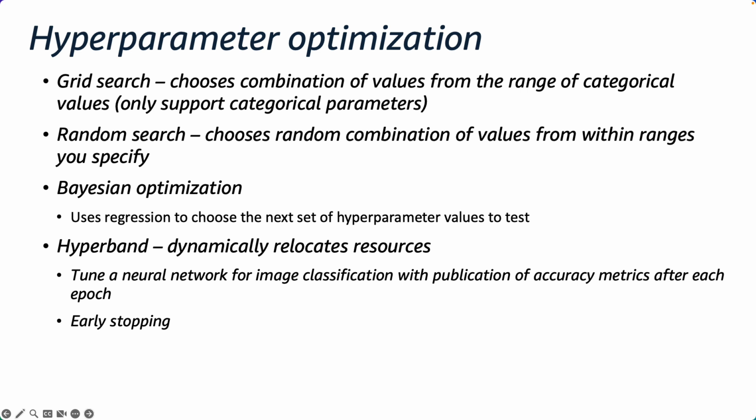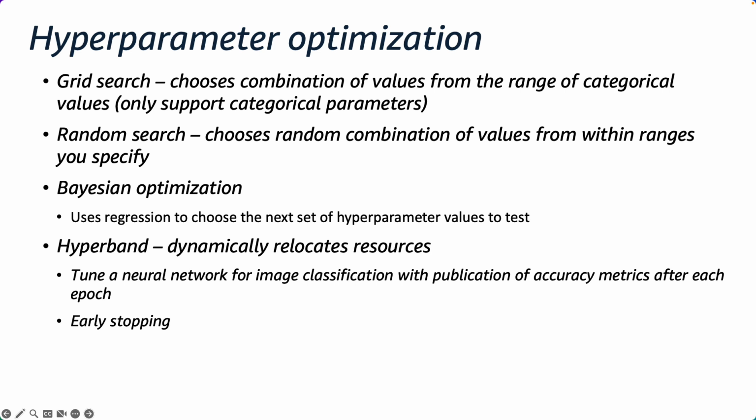When using random search, hyperparameter tuning chooses a random combination of values from within the ranges that you specify for hyperparameters for each training job it launches. Because the choice of hyperparameter values doesn't depend on the results of the previous training jobs, you can run the maximum number of concurrent training jobs without affecting the performance of the tuning. For Bayesian optimization,